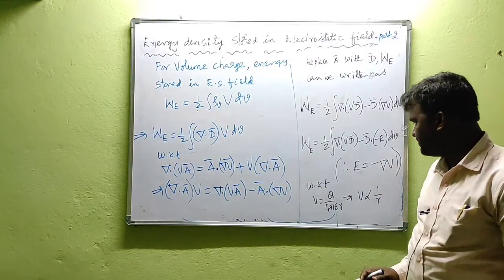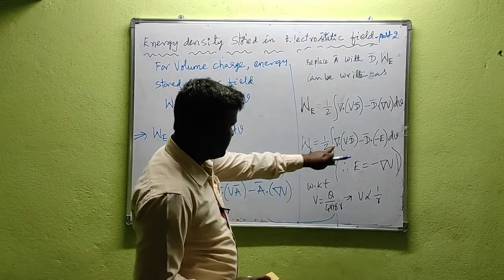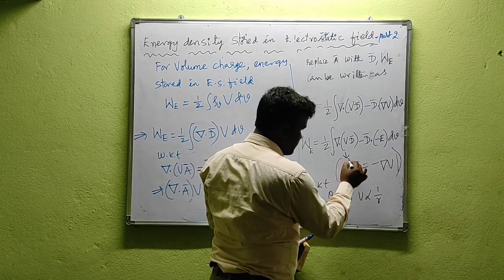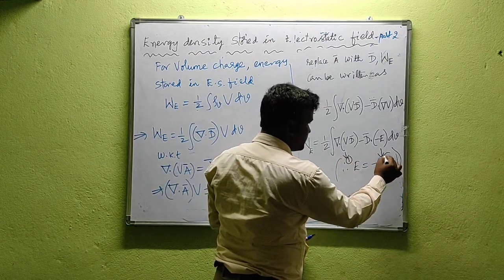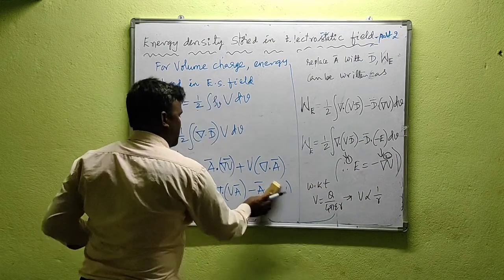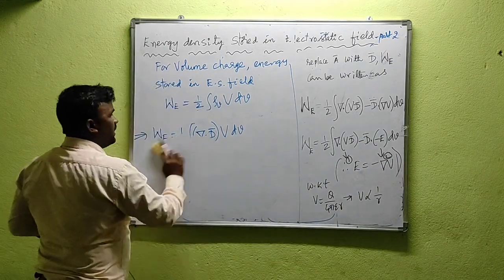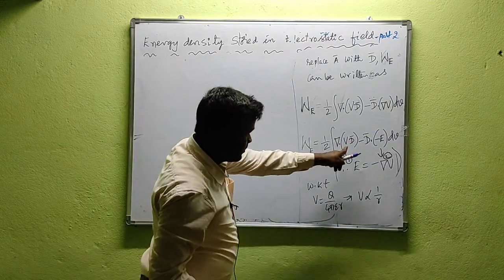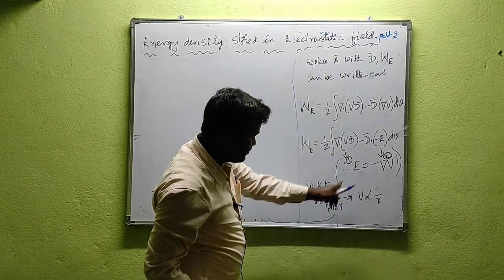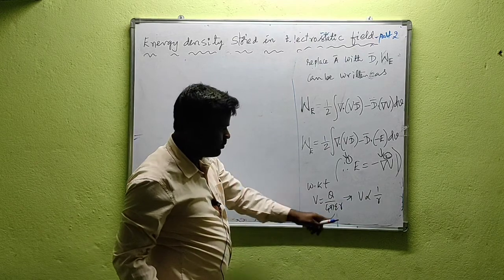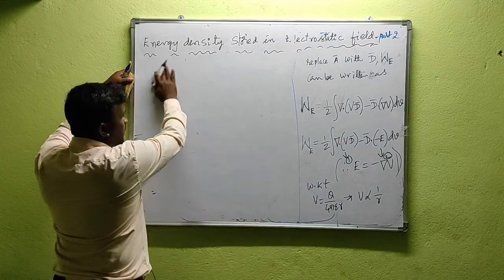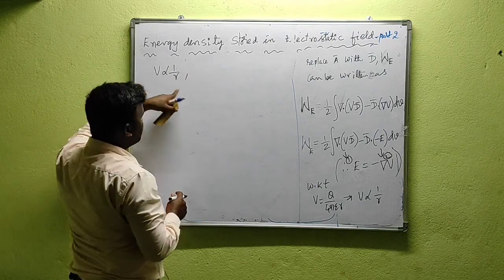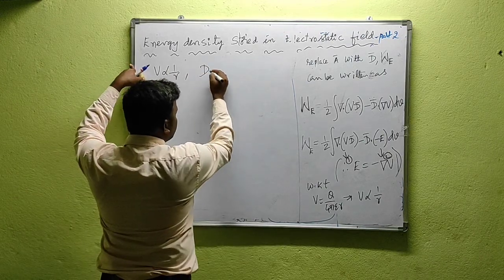And what about D? Here I have, okay, this WE consists of two terms. This is the first term and this is the second term. Let us go for the two terms in this equation. In the first term I have V equal to Q by 4 pi epsilon R. V varies with 1 by R, whereas D varies...